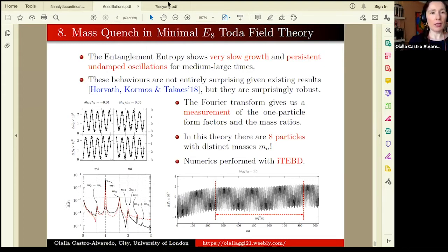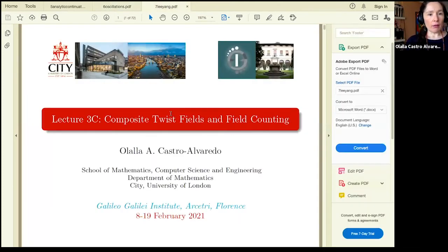All right, so the final thing I want to show, my example 3C, is actually not so much an application. The application does exist, but I'm not going to show it to you very much. It's something related to composite twist fields, which I mentioned a couple of times during my talk. I thought of presenting this example simply because this is a result from some work I did years ago, which is actually not very well known because it has an application that is really very specialized. But I thought it was interesting because it connects to some of the ideas of the form factor program,